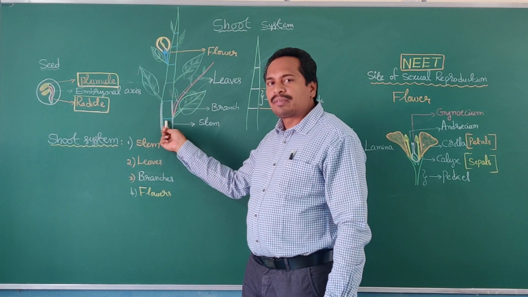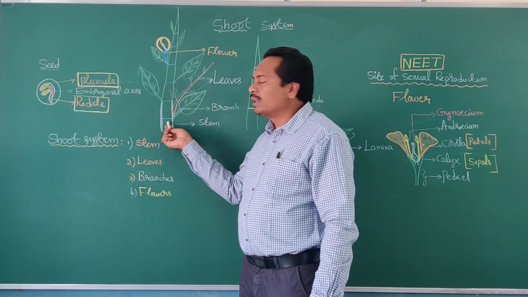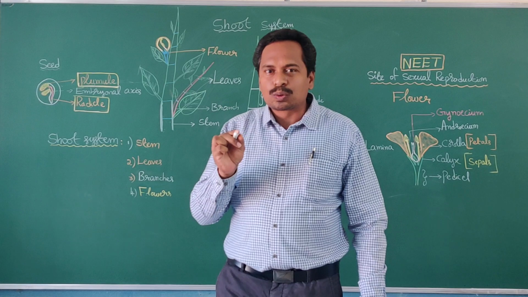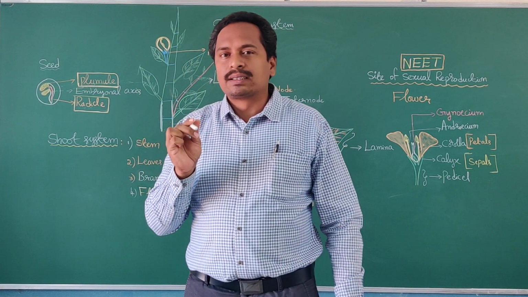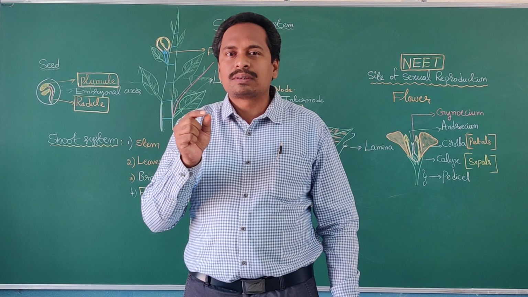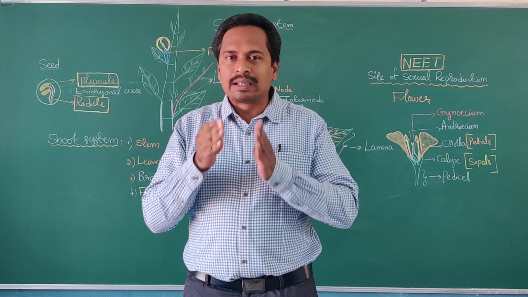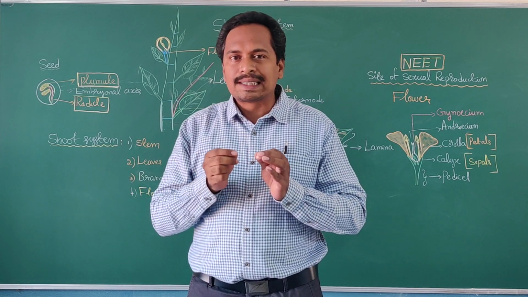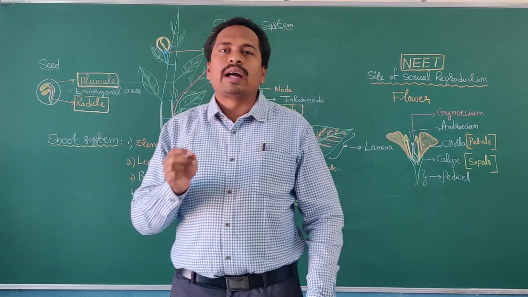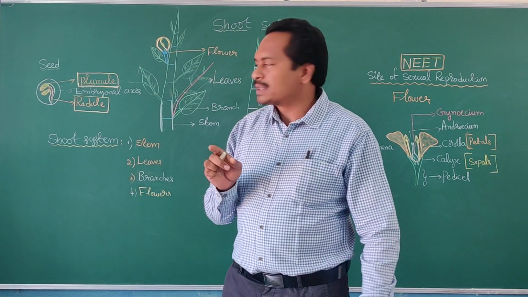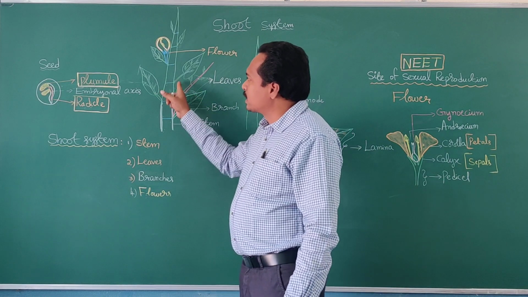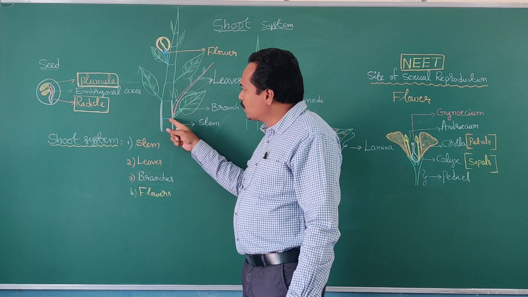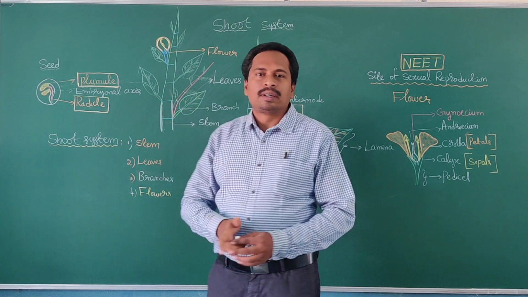The stem is mainly differentiated into nodes and internodes. We can see nodes and internodes clearly in the sugarcane plant stem, which belongs to the monocotyledons of angiosperms. We can see nodes and internodes clearly in monocotyledons of angiosperms when compared with the dicotyledons. What are the characteristics of the stem? The first one is that the stem is the ascending part. It's differentiated into nodes and internodes regions.